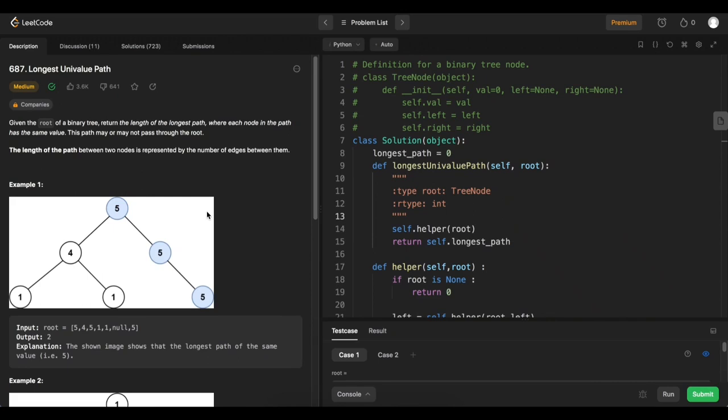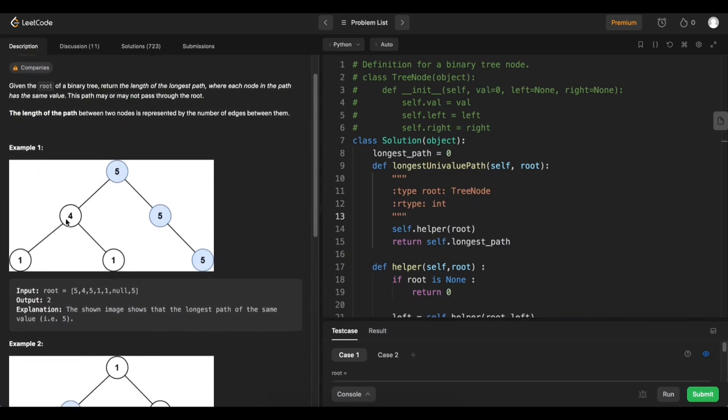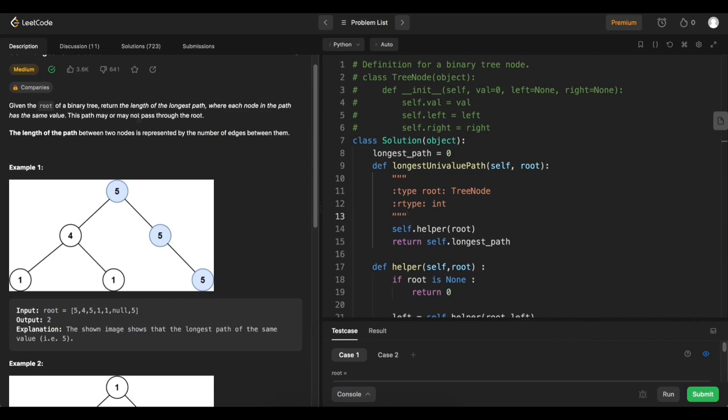Hello everyone, let's look at another medium LeetCode problem. Basically, in a binary tree, you need to find the longest univalue path. So what is a univalue path here? In a given binary tree, if you read the description here,